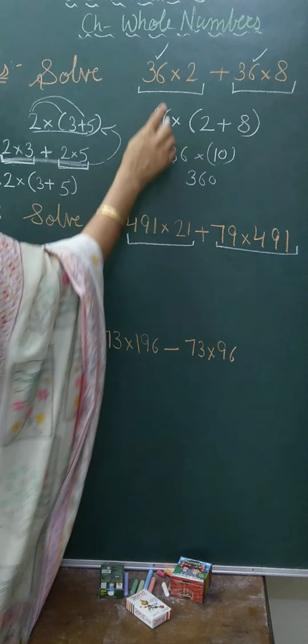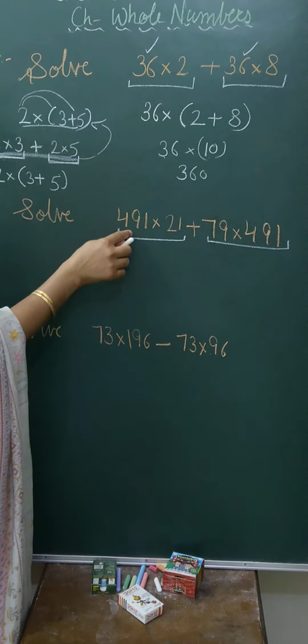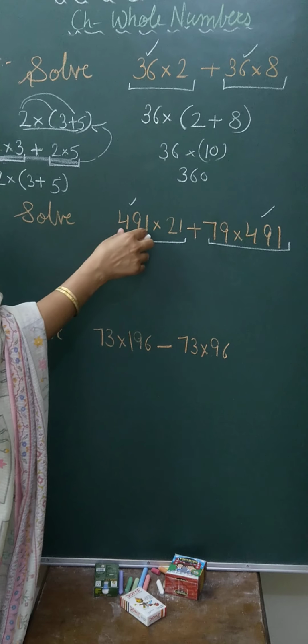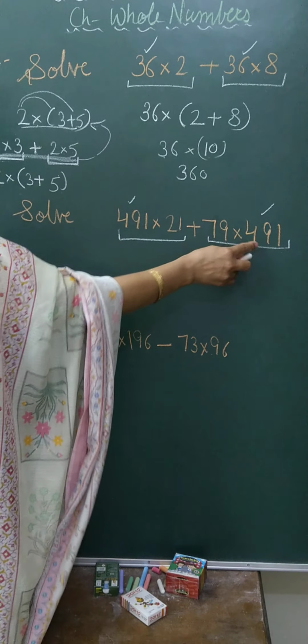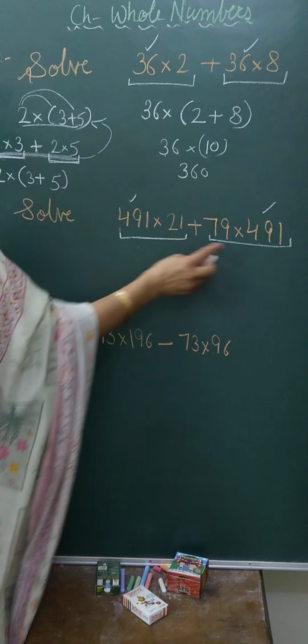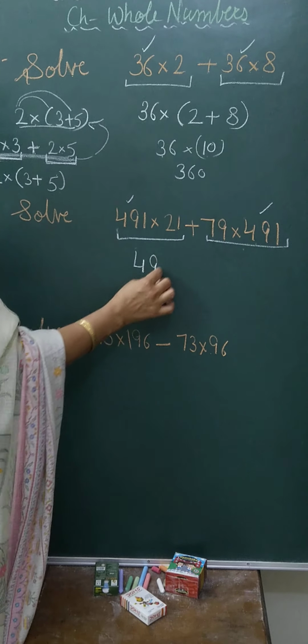गेस्ट आपका यहाँ जो था वो फर्स्ट प्लेस पे पड़ा था. यहाँ पे आपका गेस्ट फर्स्ट प्लेस पे 491 है बट यहाँ तो नहीं है. 491 is in both the parts but 491 is here on the first place and here it is on the second place. But guest हमें पता चल गया जो दोनों में सेम नंबर है, that is your guest. So आप उस गेस्ट को रखोगे बाहर.